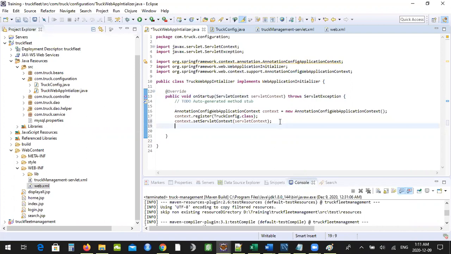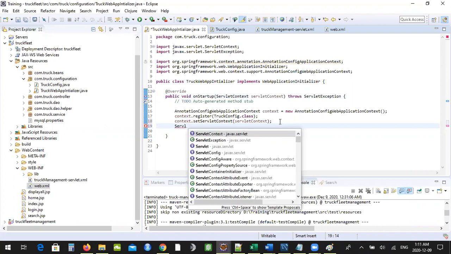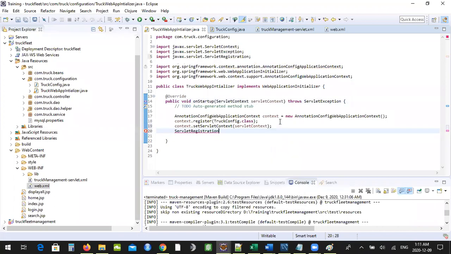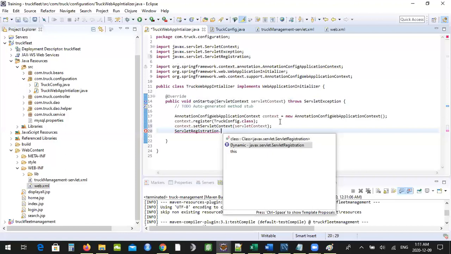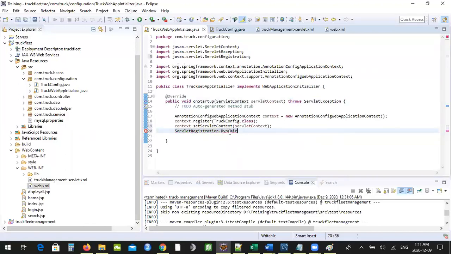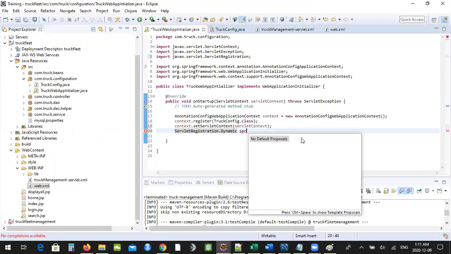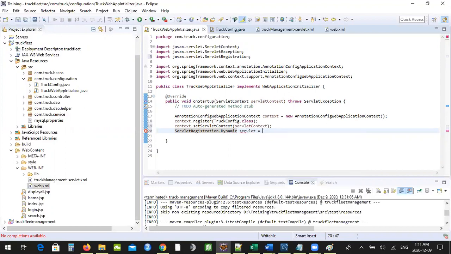Now I need to register this truck config as a dispatcher, right? So servlet registration dot dynamic. Guys, dynamic is a static variable or static object which is available. That's why I am accessing using the class name. Okay, servlet equal to